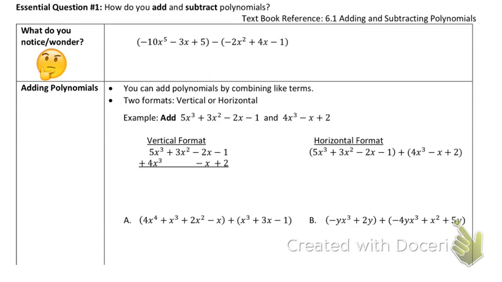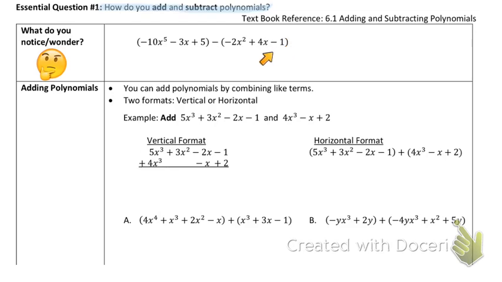Okay, class, we're going to start today with how do you add and subtract polynomials. All right, so at this point you should be comfortable with what a polynomial is, how to deal with it, what they look like. So we'll just get started. If you look at this first box here,